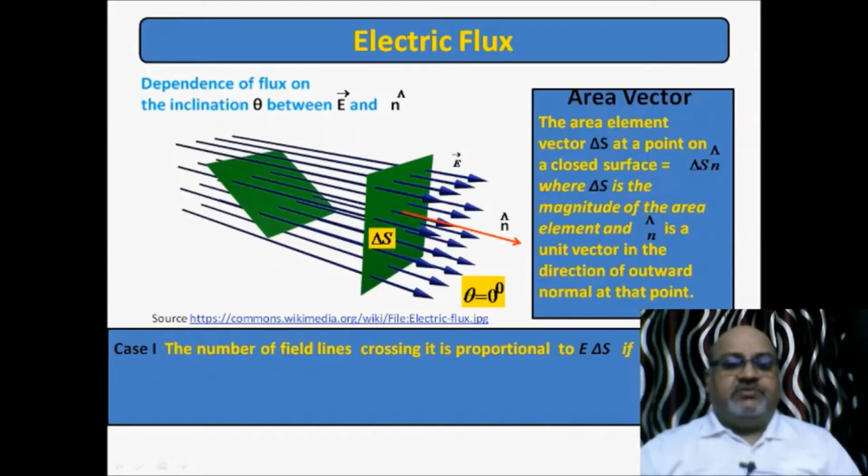If theta is 0, this E delta S is when theta is 0. And remember and recall case of liquid flow. What was the flux? V ds in first case. So here this E delta S is the electric flux. So here E delta S is equivalent to electric flux, as in case of liquid flow. V ds was equivalent to liquid flux.